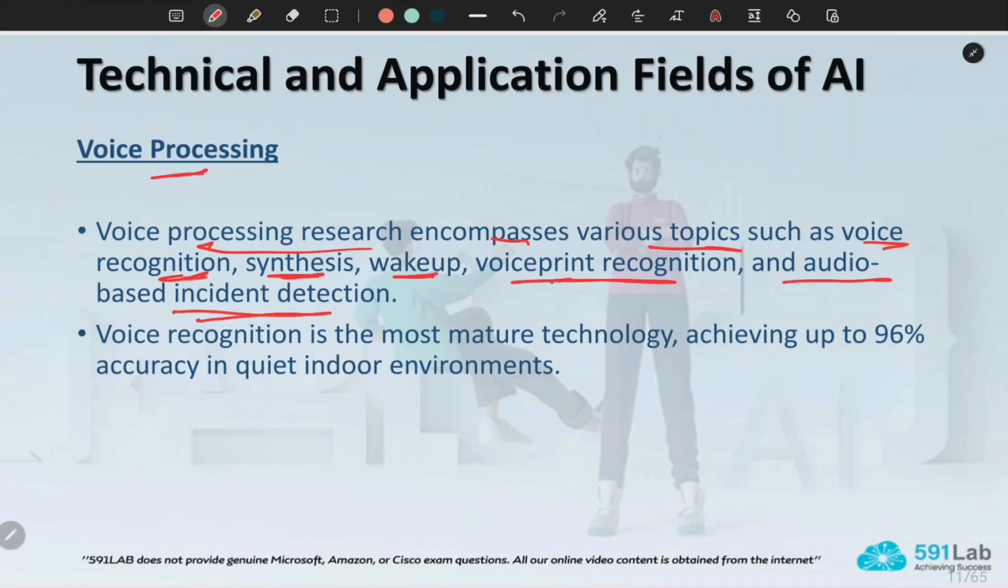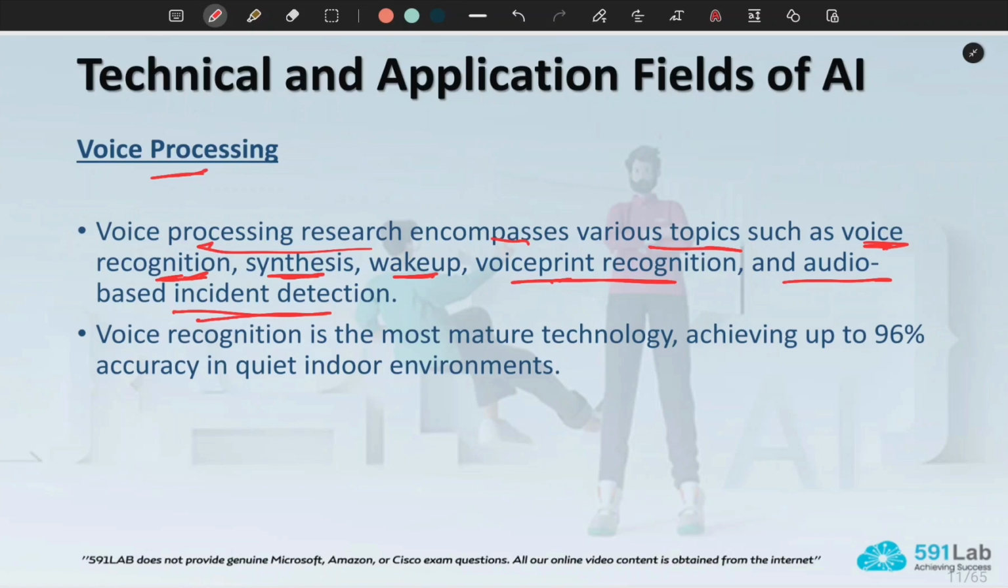Voice recognition is straightforward and easy. This recognizes a voice and transforms it into text or any other task by recognizing the voice.